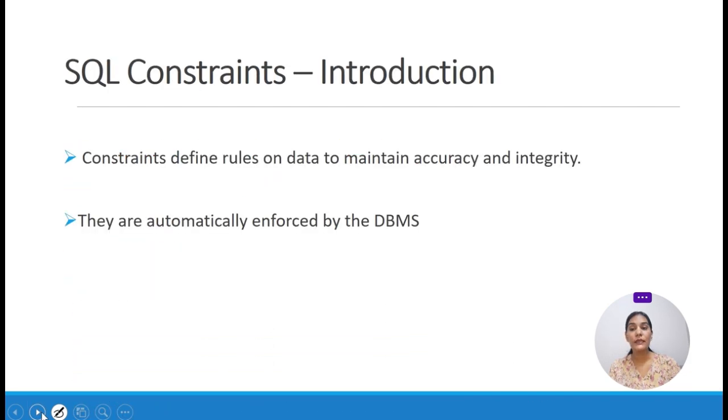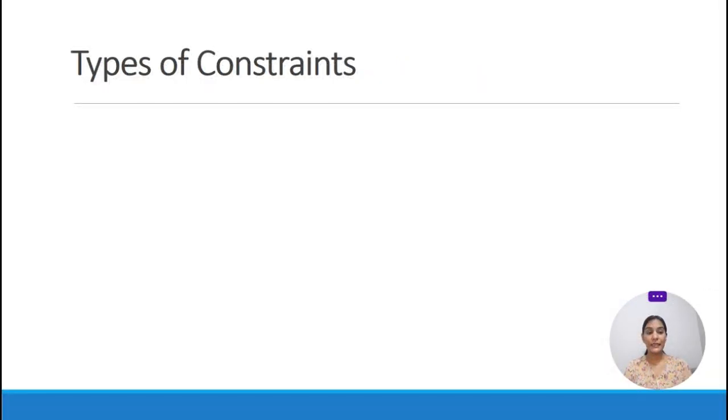So next one is the constraint. Constraints define the rules on our database, and they maintain accuracy and integrity. So it is basically enforced by the DBMS. DBMS stands for database management system. So we have various types of constraints, and the first one is